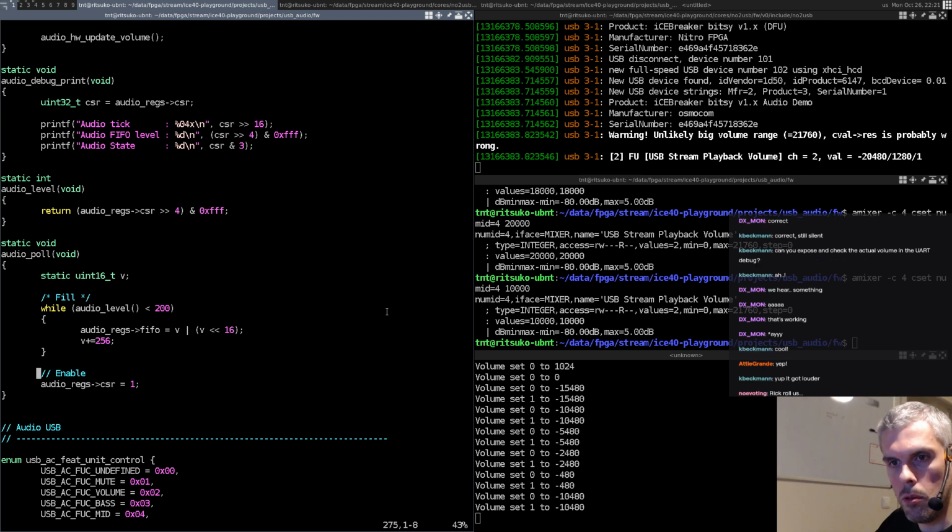So basically, we need to change this function to actually move data from A to B. For me, at the moment, I don't have any way to pipe data yet from the PC. So